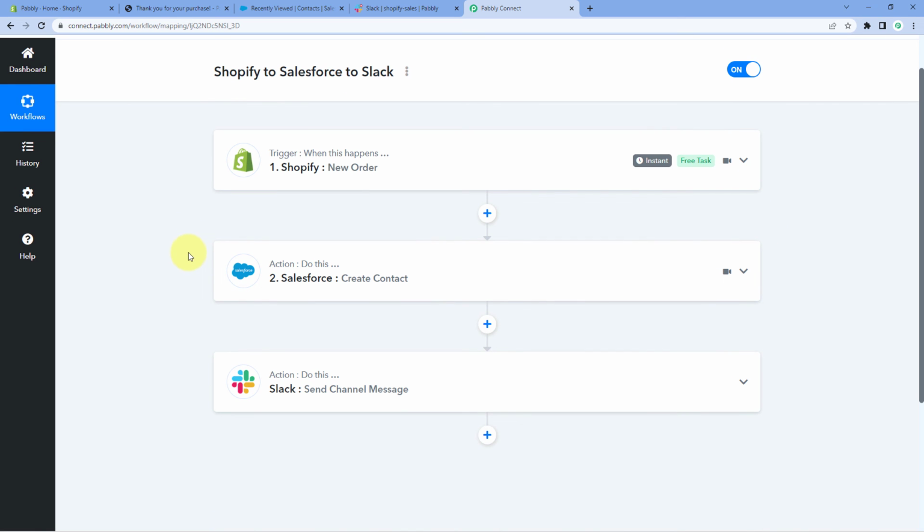Now after setting up this automation, let's understand in brief what are the steps we followed while creating it. So at first we created a workflow in Pabbly Connect, and in this workflow we selected Shopify as our trigger application and new order as our trigger event. Then after that, using a webhook URL, we connected our Shopify account with Pabbly Connect, and after that we made a test order. We placed a dummy order on our Shopify store so that we can get the details or the data of the order and the details of the customer who placed the order